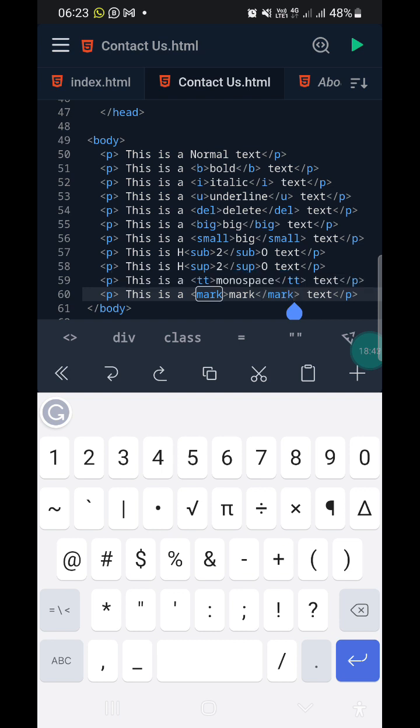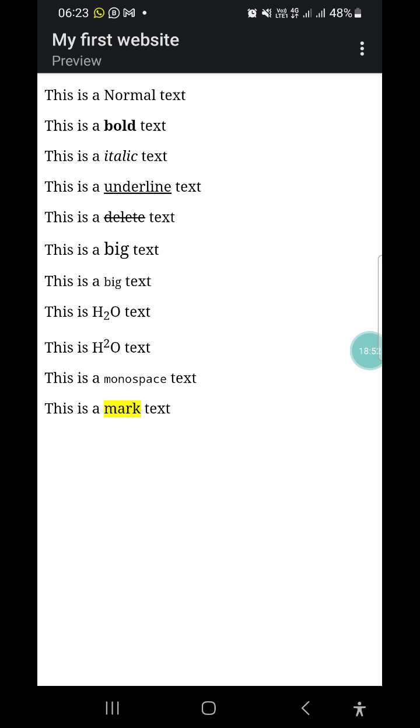So what is going to happen here now? That mark will be marked with a color, though you can change that with CSS. You can see this is a marked text. So you might be reading a blog and see a particular word marked with yellow or marked with red. You can change that. I can change this color with CSS to red, but normally in HTML it's going to be